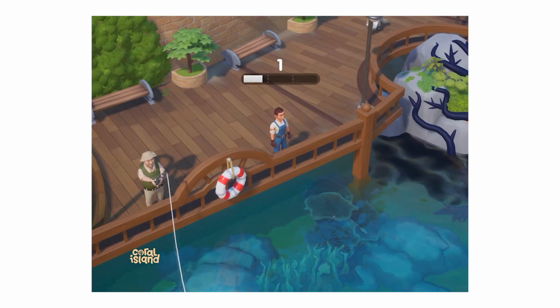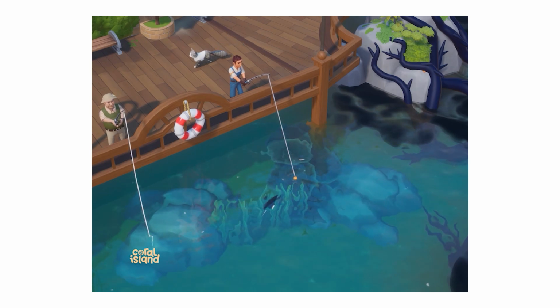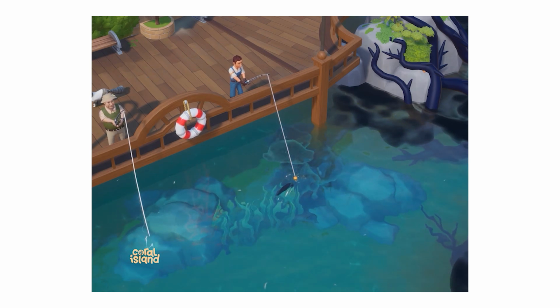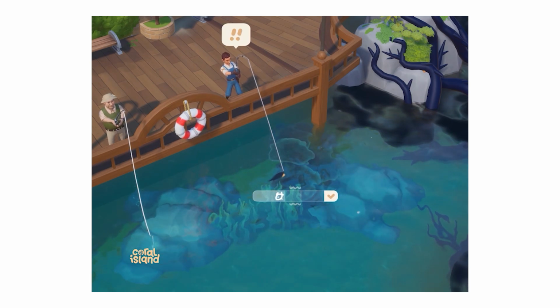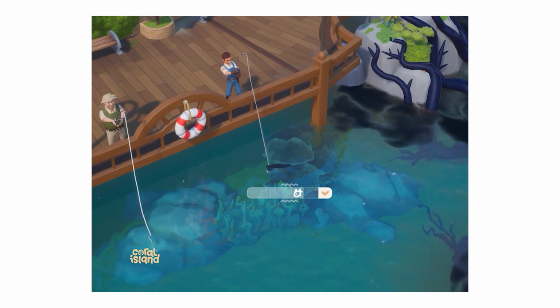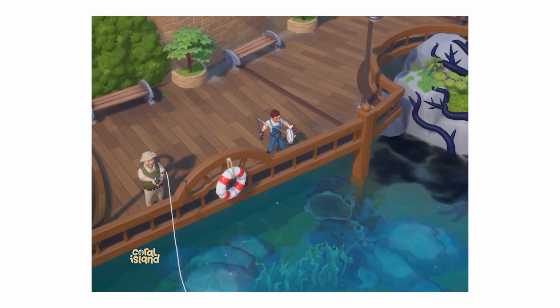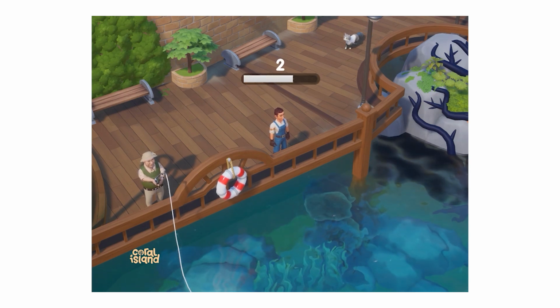So in this clip, the team is showing off the fishing mechanics for our player. This is what it's gonna look like when you decide to go fishing on Coral Island, at least for early access. Although it doesn't explicitly show exactly how you're gonna do it from a control standpoint, we can make some guesses. It looks like if you're playing PC, you're gonna click and hold to cast the